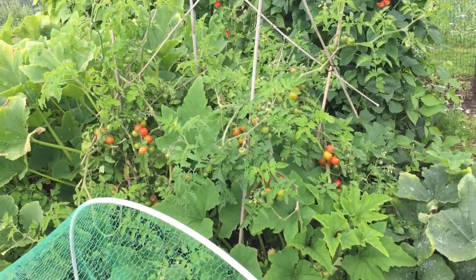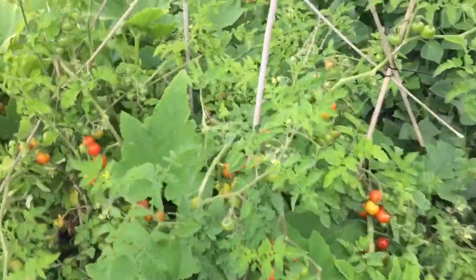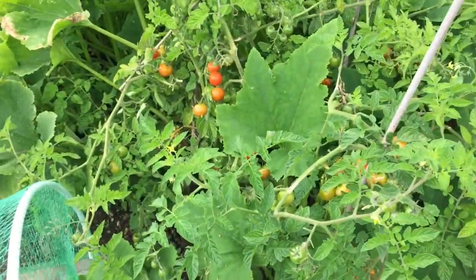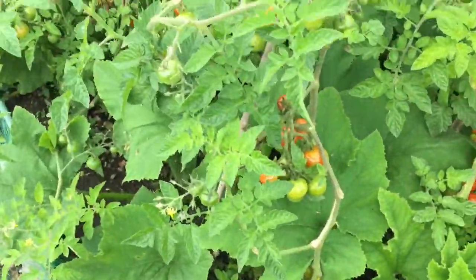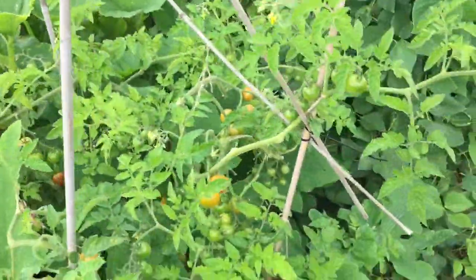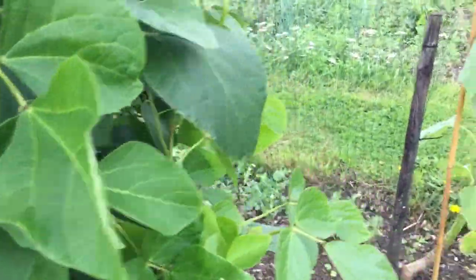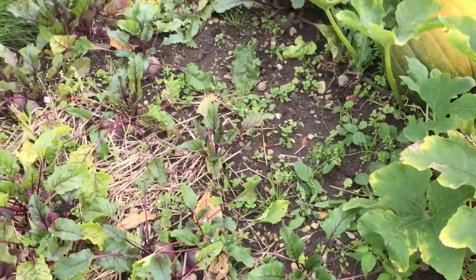My tomatoes are ripening quite a lot now. I'm usually getting between a tub full every 2 days at least, so that's good. Courgettes still going strong. Petty pans I'm getting a lot of, but the traditional green ones seem to have died back a bit now. Here's the remainder of my beetroot patch,